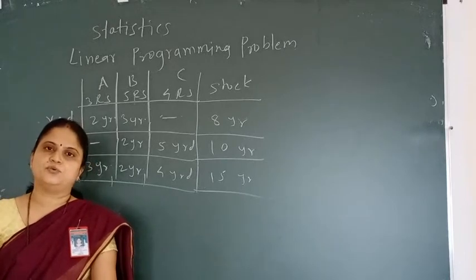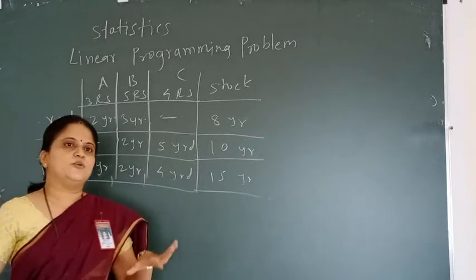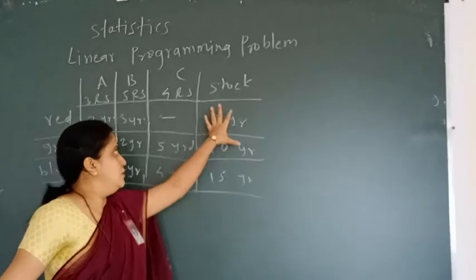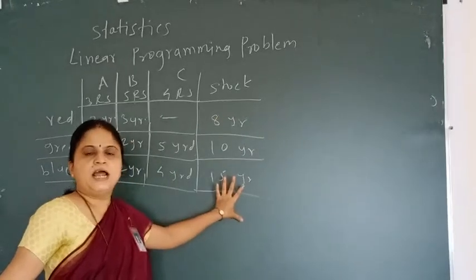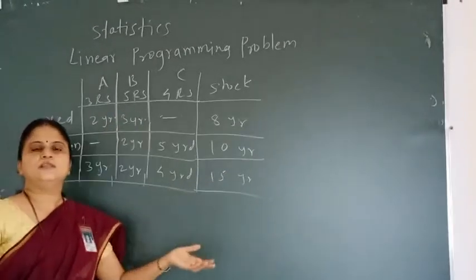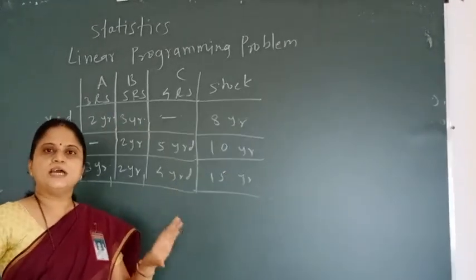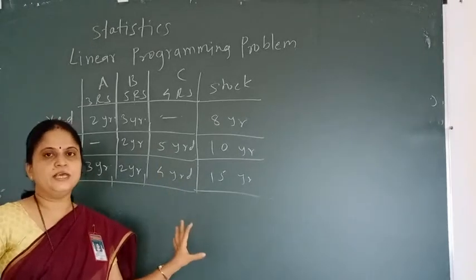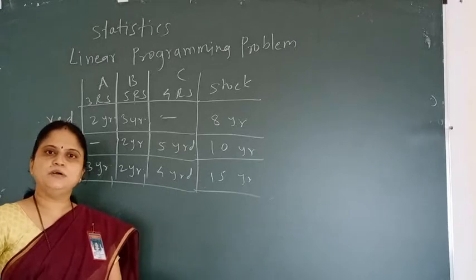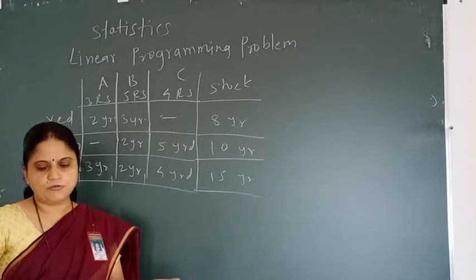Now I need to determine how the firm should use the available materials so as to maximize the income from the finished cloth. So with the help of these constraints, I have only these many stocks with me, and I know the cost if it is sold. So with the help of this stock only, I need to produce the cloth which gives me maximum profit. That is the problem of the firm.